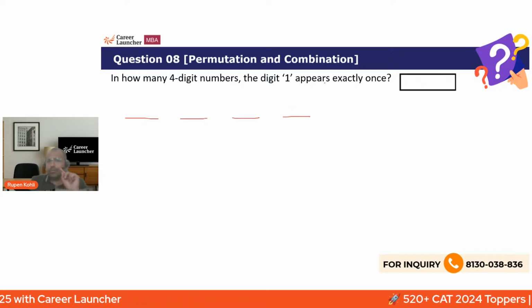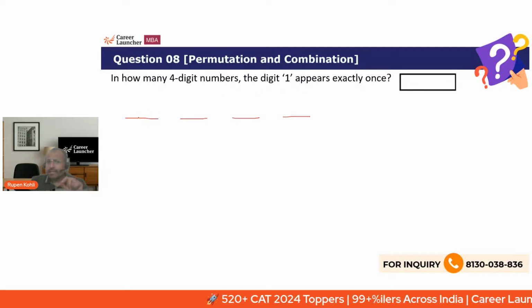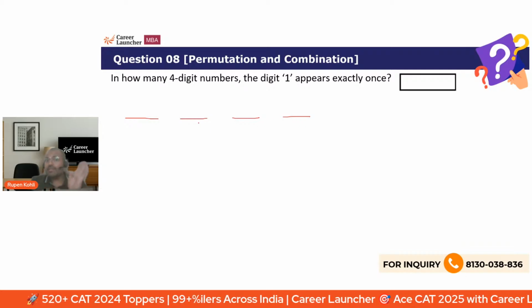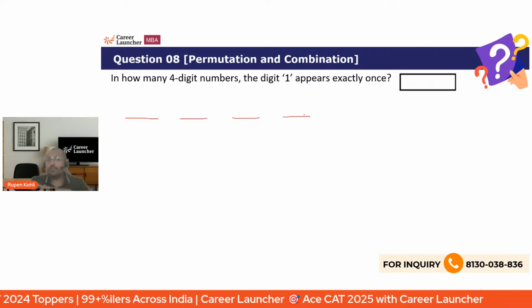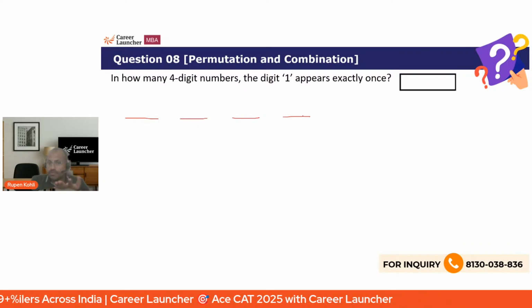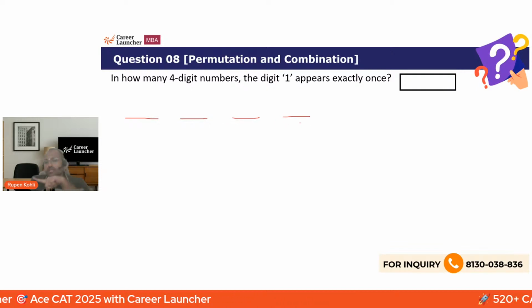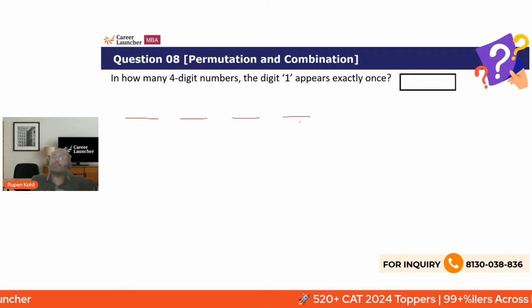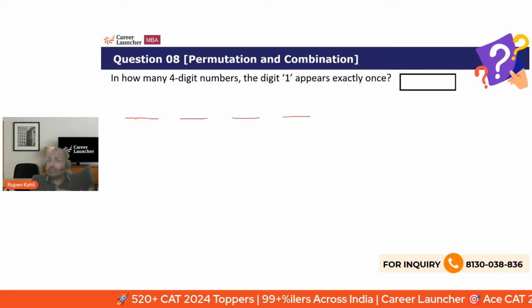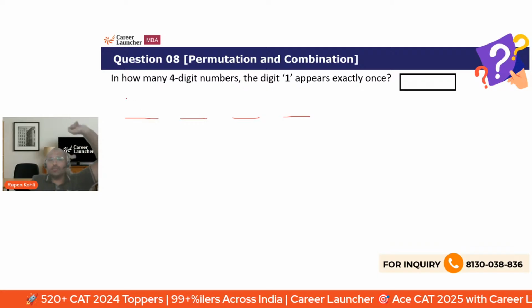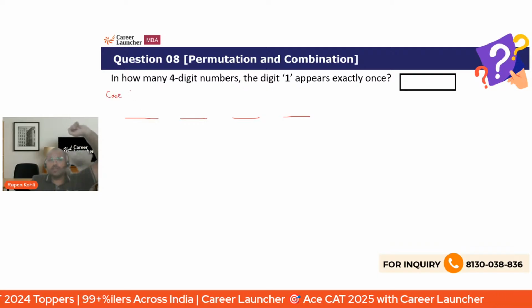If I put that one digit 1 at the thousands place, then the number of options for the remaining three places, which are the hundreds, tens, and units places, will be different. But if I put that one at any of the other three positions, which is either the tens, units, or hundreds position, then the number of options for the remaining three digits are something else, because at the thousands place there is one more constraint. So we need to form cases, two cases basically.